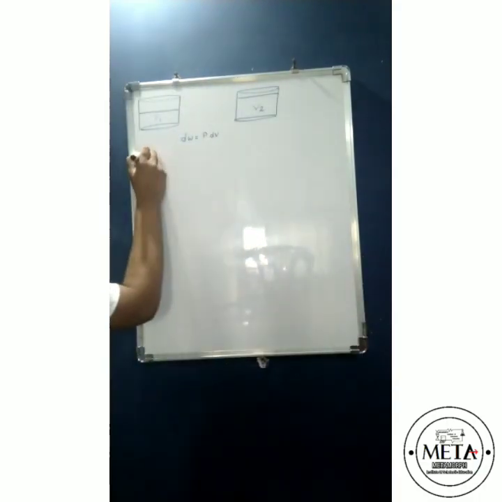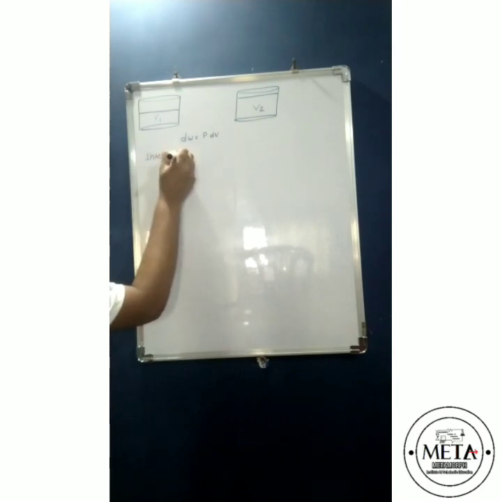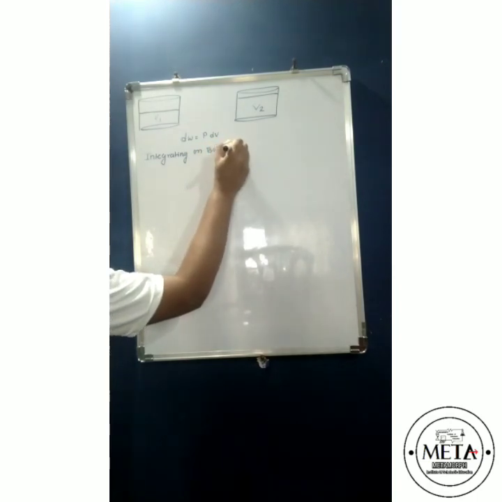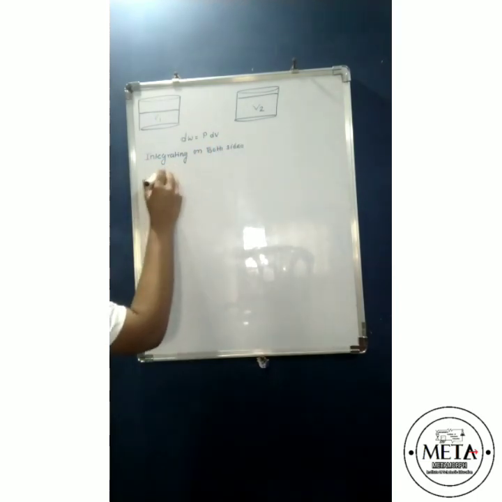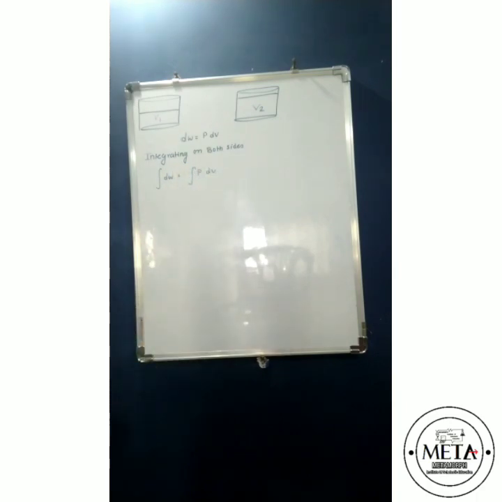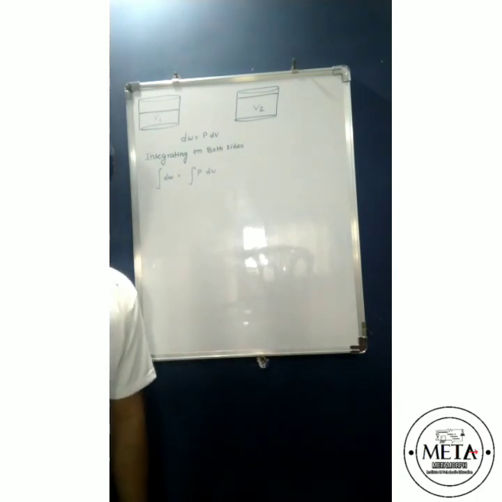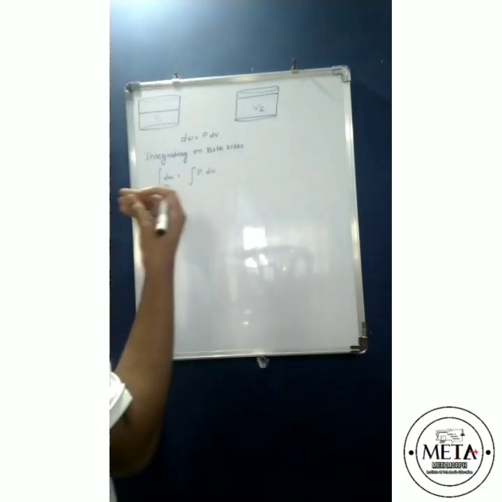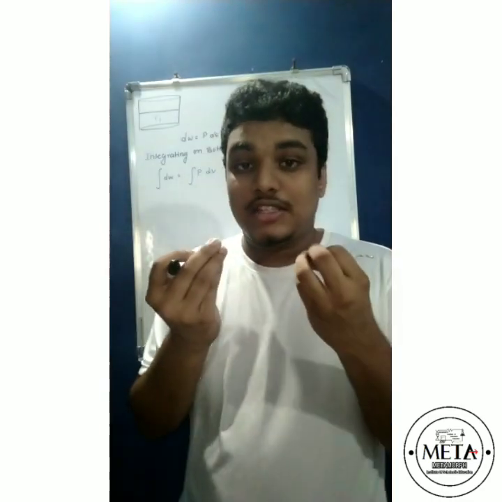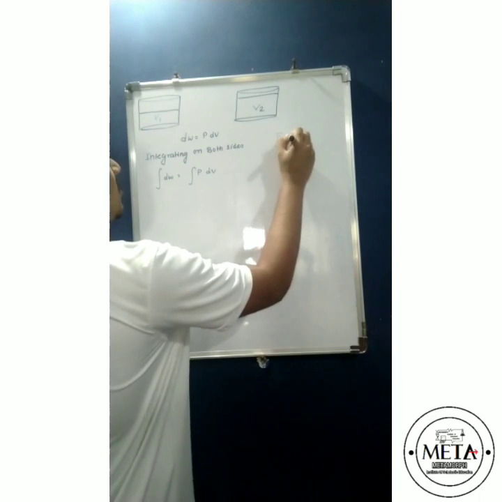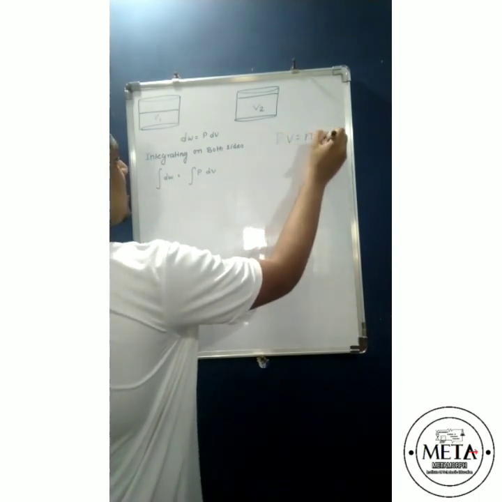So integrating on both sides. Now when I'm integrating, delta W is equal to the integration of P dV. Of course I can't integrate P with respect to V. It's going to be a mathematical crime in chemistry. Let's not just do that. So we have in this picture this unique equation called the universal gas equation, which is PV is equal to nRT.